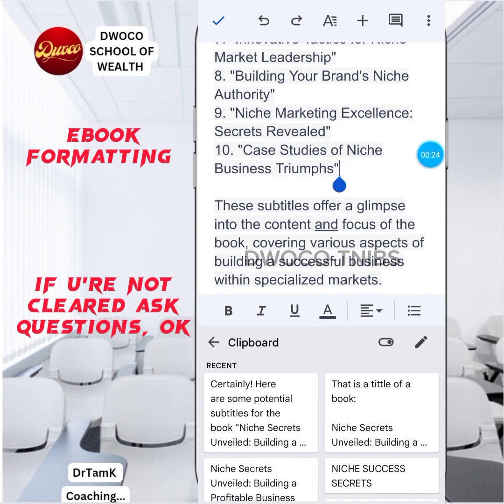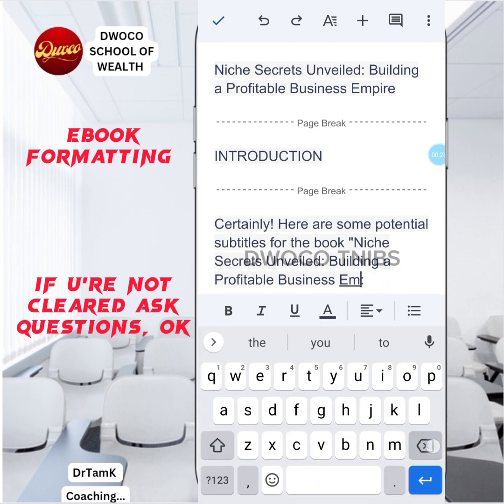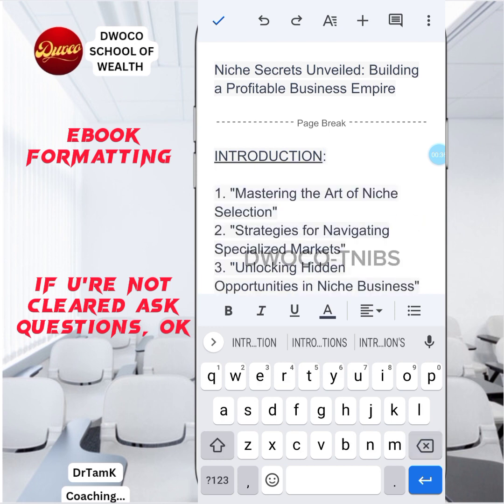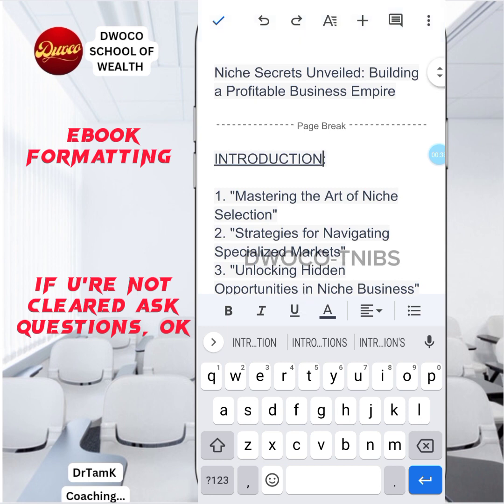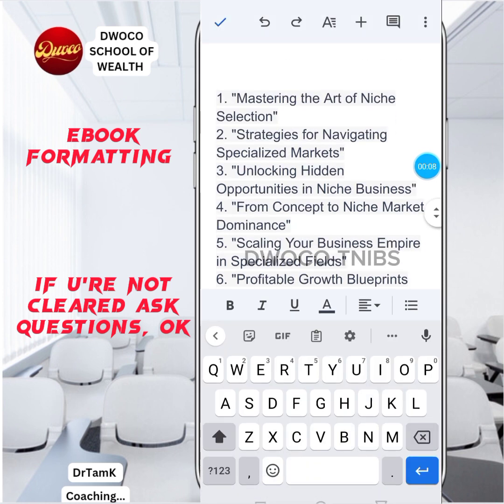Okay, so this is what I've got. So what I can do now is to just start working on this. Remove that stuff from there because I don't need that. Okay, I'm going to come over here. Hold on. So what you do is this: immediately after the title of the book,